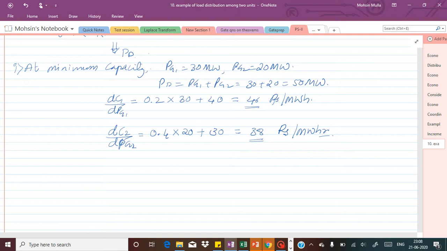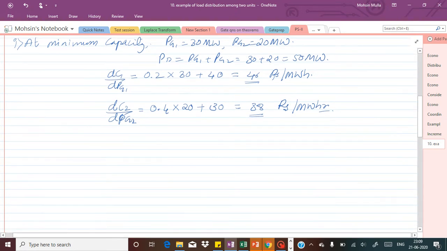In that case both of the generators can be loaded at the same value until one of the generators again has the minimum incremental cost. So let us see that later. Now in this particular situation, suppose we want to see at what condition this second generator is going to achieve an incremental cost of 46 rupees.